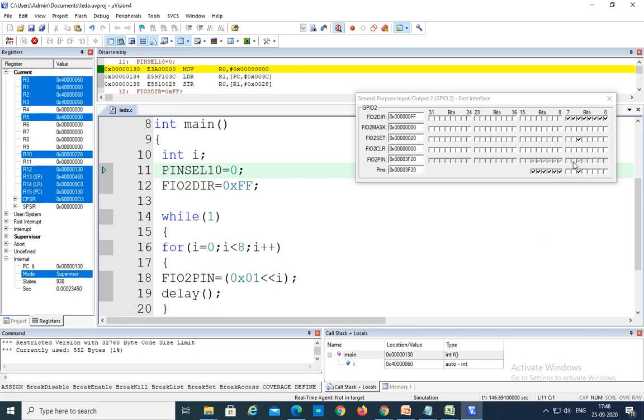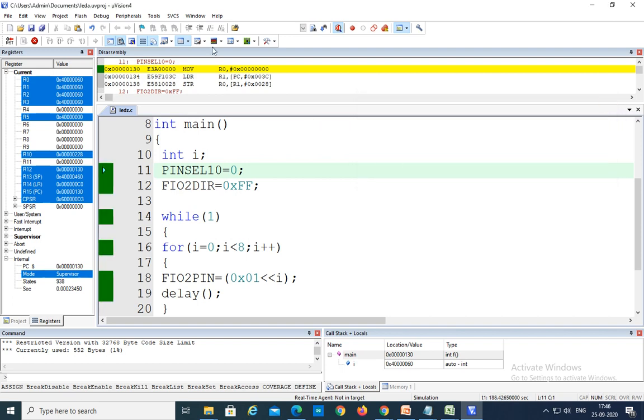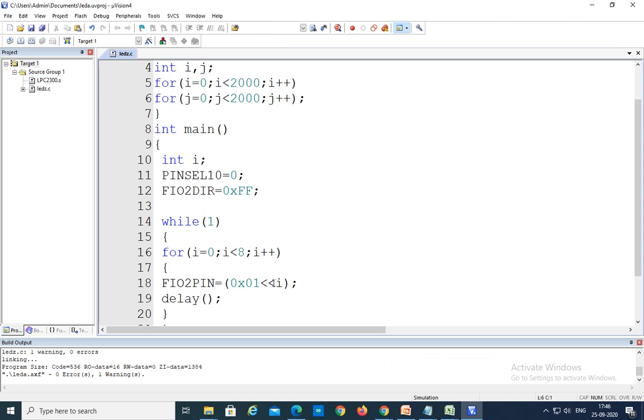And similarly, you can reverse this one, so that it goes from right to left. That thing we will see just by changing here. So stop the debug session here. Change the shift here to 0x80. That thing we have already discussed here.